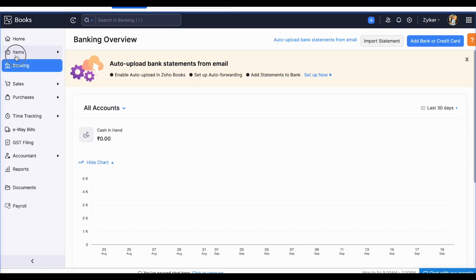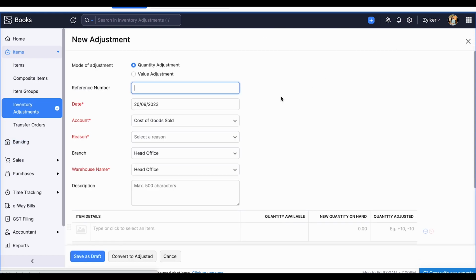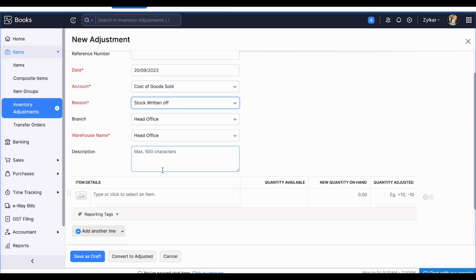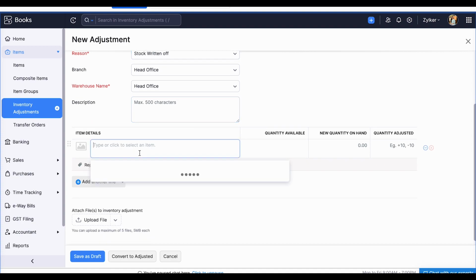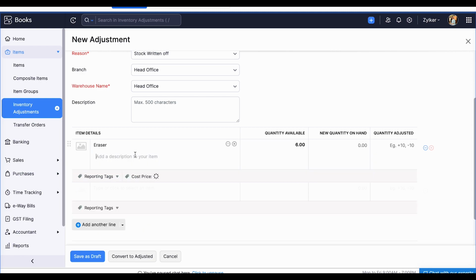So in the items module itself, you have inventory adjustments. If you want to write off a stock of a particular item, you can pass a quantity adjustment, enter the date, select the required account. You can give the required reason, you can select the item which has to be written off, and the new quantity on hand can be entered